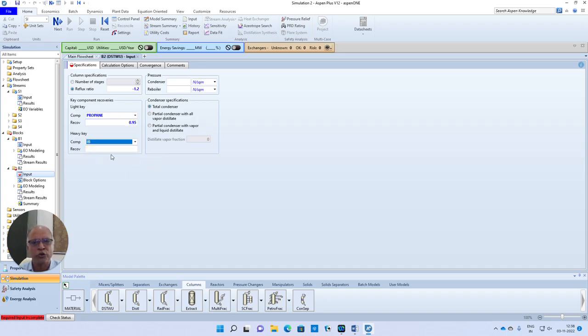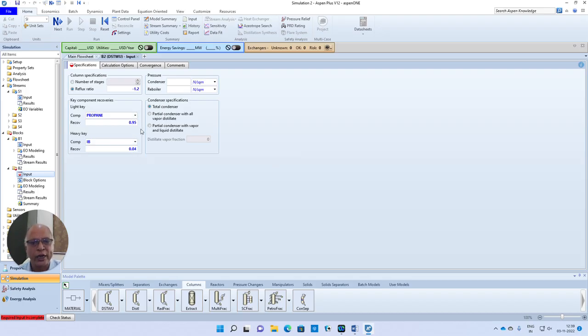Similarly, the heavy key is isobutane, but once again be careful here. This recovery of isobutane is also defined with respect to distillate only, not the bottom. So I can say, for example, 0.04. See, remember, this total need not be 1. According to these recoveries that you are specifying, we are asking the simulator to put 95% of propane coming into the column into the top product and only 4% of isobutane allowed into the top product. What will happen to the bottom? 5% of propane and 96% of isobutane entering into the column will go into the bottom product, right? So if you want, you can vary these